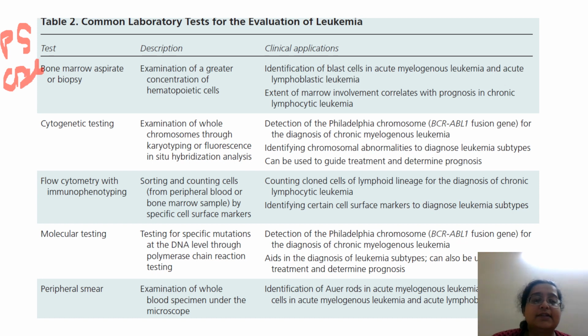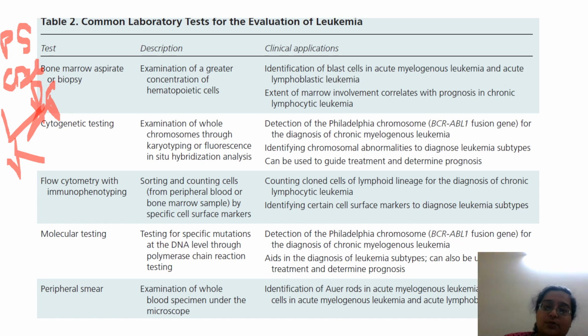When you know on a CBC that this case will come out to be leukemia, you send the patient for PS, you get LFTs and KFT, LDH, viral markers, and these basic panels done, and then you go for a bone marrow biopsy and aspirate examination to collect material to be sent for flow cytogenetics as well as morphological evaluation. Molecular testing, Philadelphia, is very, very common in not only CML now, but even in acute leukemias, in clonal abnormalities like MDS, MPN.